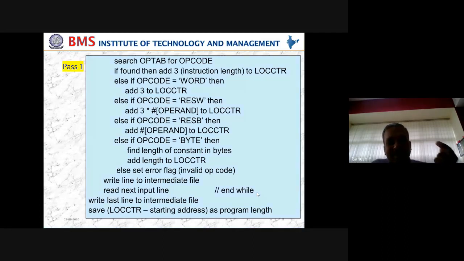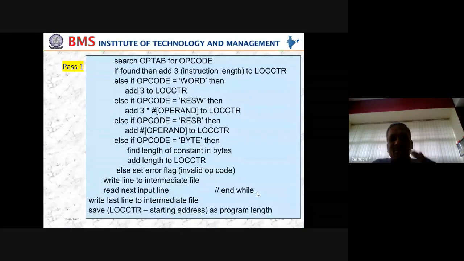What I will do now is increment LOCCTR by 3. Why 3? Because in SIC, every instruction by default has 3 bytes, because there is only one instruction format in SIC. If you write the same algorithm for SIC/XE, we would probably have to check the second column of the OPTAB. If it is equal to 1, add 1. If it is equal to 2, add 2. If it is equal to 3, add 3. Here that problem is not there. A simple line, just keep adding 3 to the location counter. Thereby your 2000 will now become 2003. Like that, you can keep on incrementing the location counter.